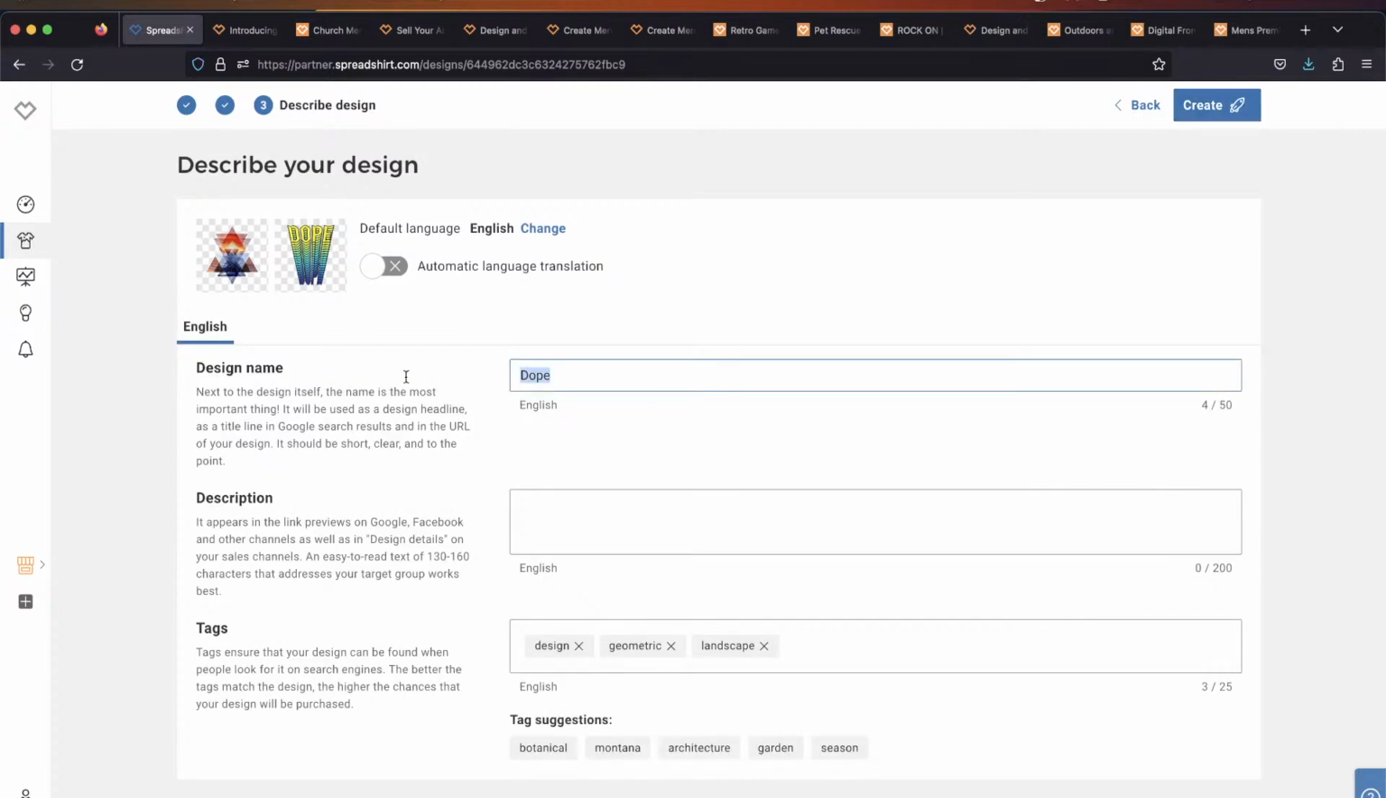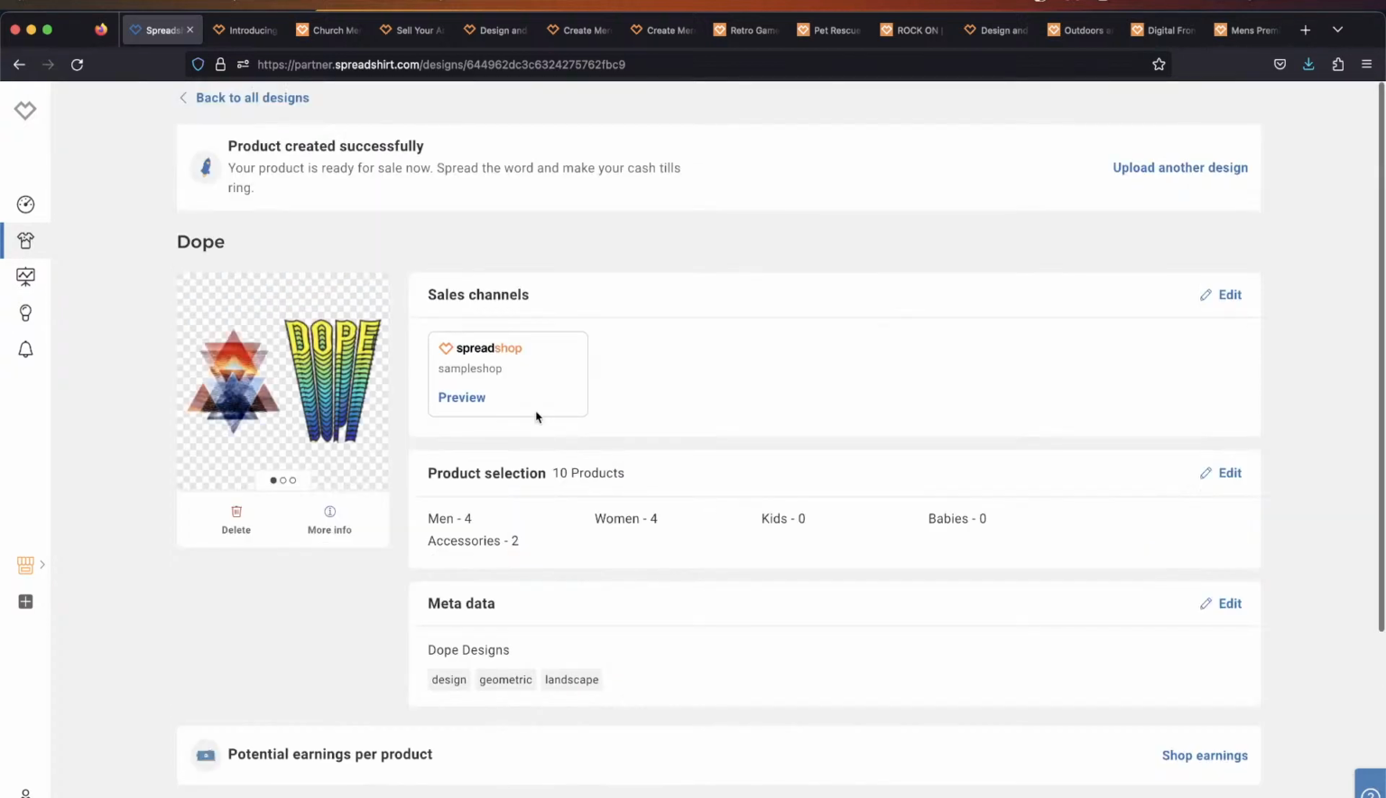We're going to name it. And then we're going to give it a description. Like I said, go into a little more detail on what I'm giving it here, but we're just trying to keep it short and sweet for this demo. Hit create. And then if we go into our actual shop here,